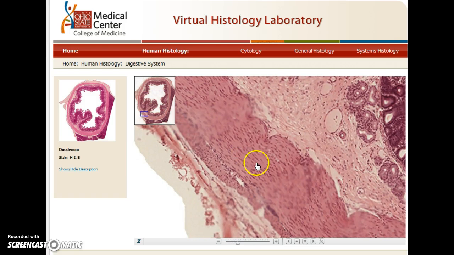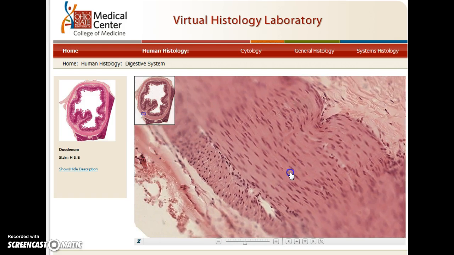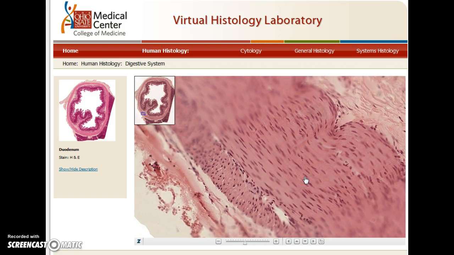And as I zoom in here, remember how I said that they are at right angles? They're perpendicular to each other, usually 2 layers. So everywhere from this line, kind of pinkish line here, to this area is the smooth muscle layer. And I can see that there are a bunch of cells going in this direction. So this is a longitudinal section. And then this is also smooth muscle, but it's kind of facing me. This is in cross section. But if I see both of these, that kind of gives me an idea that I'm looking at smooth muscle,